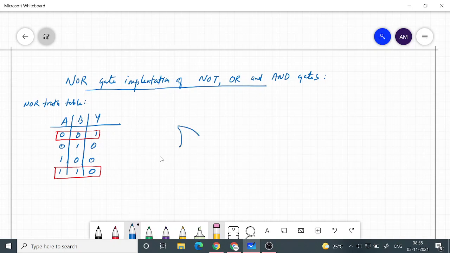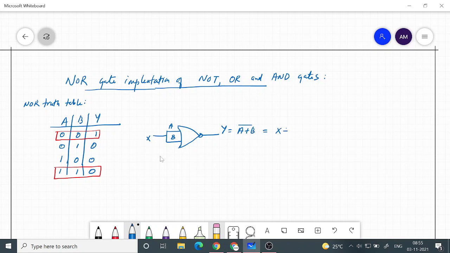So you take a NOR gate, you have two inputs here, you give the same input, say X, to both A and B, then Y is equal to A plus B, or you can say X plus X, both A and B are X. So first let me write (A plus B) the whole bar, but A is what?